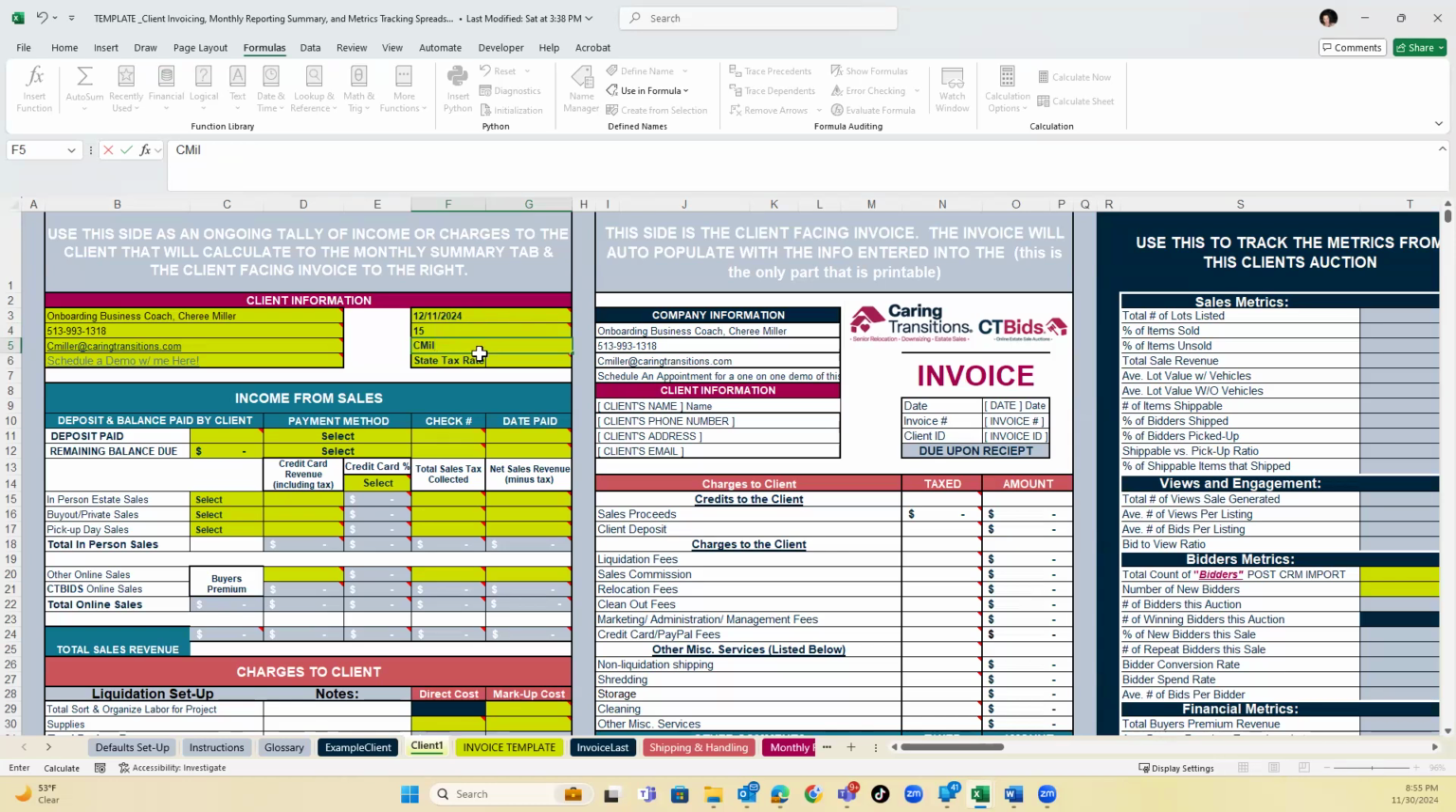And then here finally is the state sales tax rate. So you want to input your tax rate percentage here. Again, this is something you're going to need to reach out to your accountant or do some research on your own to figure out the logistics of,